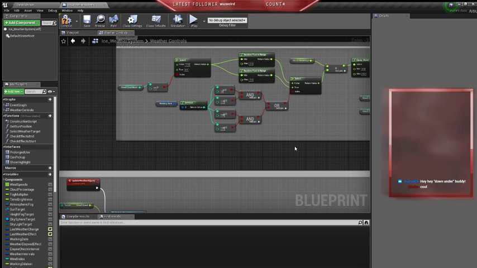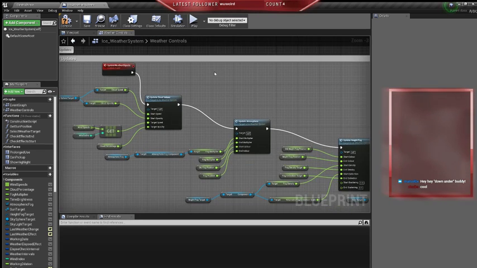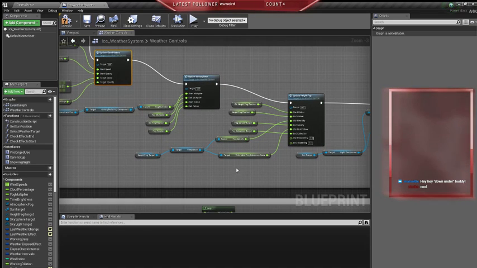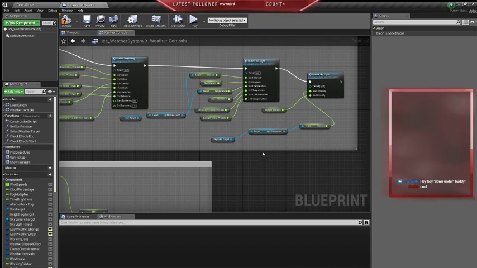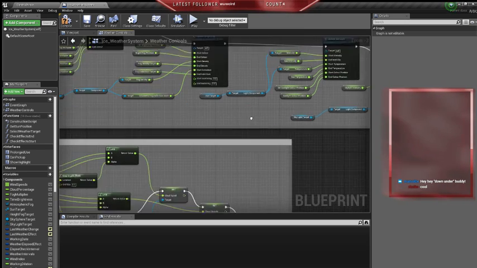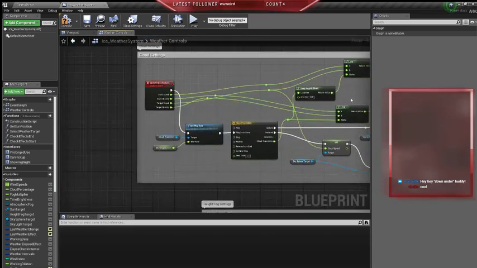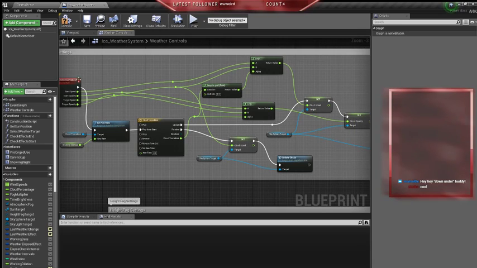And the other main one for the weather system was this update weather objects, just going through and telling each object that it's got a reference to. So what's this? The sky sphere, the atmosphere fog, the height fog, and the sun and the skylight. Just telling them, okay, this is what setting you were at to start with, here's where you're going. See, it's not really using the scattering for the height fog. And then going through playing it on a transition